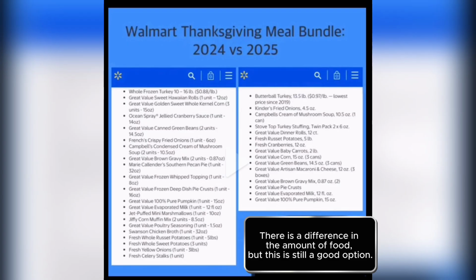And speaking of Walmart, I also want to mention here that people are discussing the difference between the 2024 list and the 2025 list. So I also wanted to make sure that you saw that here. But yeah, there is a big difference. However, it is still an option. And we can't forget about Lidl and Aldi also making their offerings here so that you can add to that list. I know that we are trying to stay on a budget now and forever,